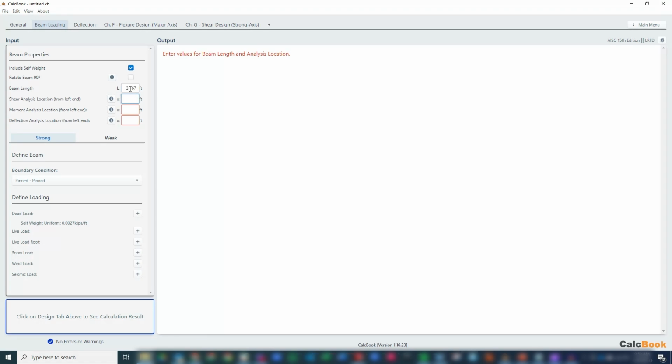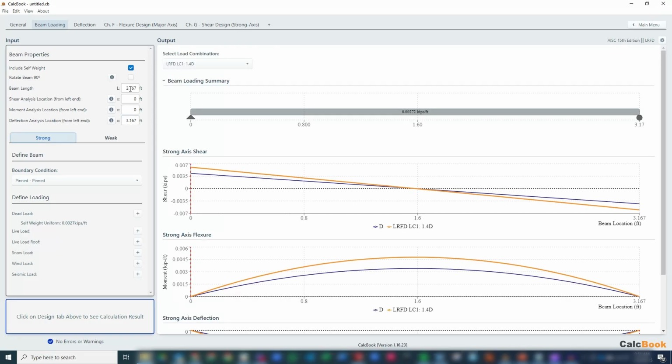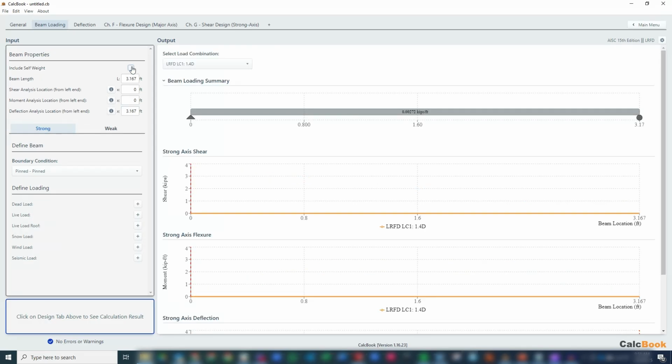Our shear analysis will be at the base, so at 0. Our moment analysis will be at the base, so at 0, and then our deflection will be at the end, so 3.167. In this case, since it is vertical, we do not want to use the self-weight. Our boundary conditions are different, right? We have a fixed-free condition, since we're fixed at the base and free at the end, or the top